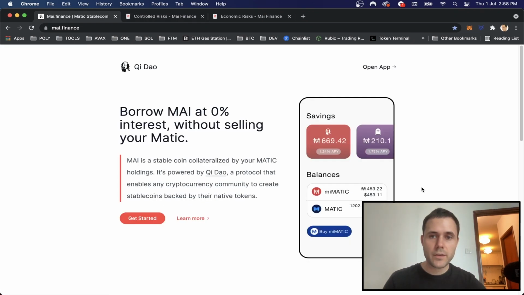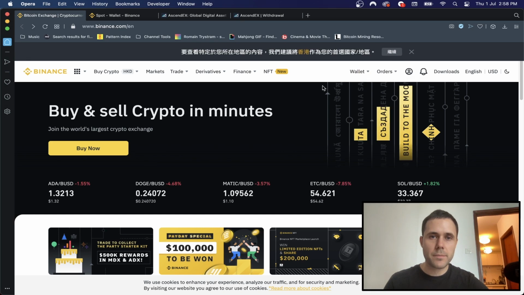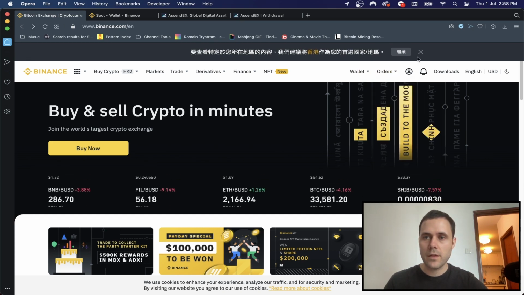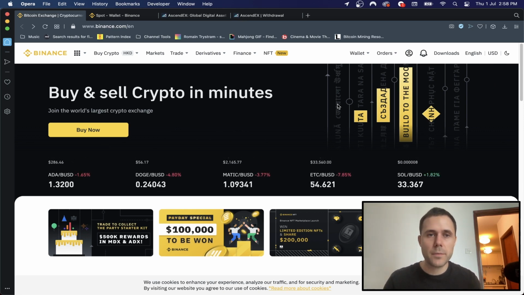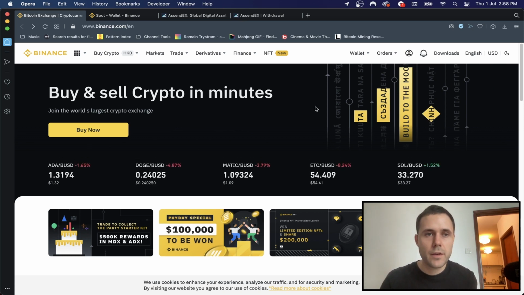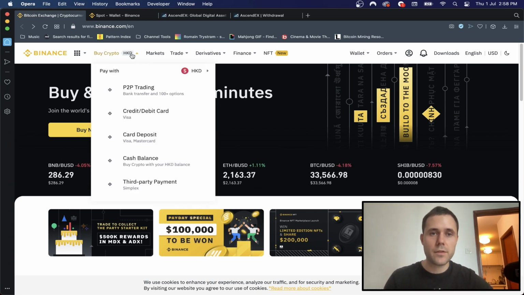Okay, so before we get started with the vaults and how to get on there, how do we get fiat money over there? I'm going to explain an easy way, and I'm also going to explain what I think is the most capital efficient way. Depending on how much money you're putting in, you'll have to check out the different fees yourself. The way I do it is something I've covered in a previous video, which I will link in the description below, but I'm just going to try to explain it really briefly. So using Binance, I'm sure many of you use this if you're into cryptocurrency.